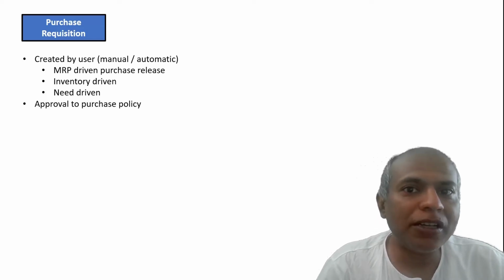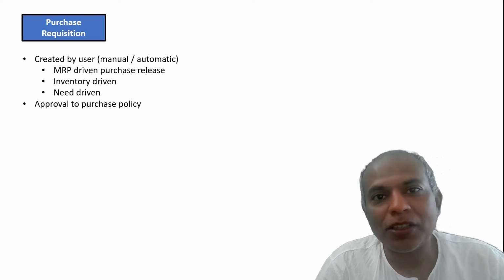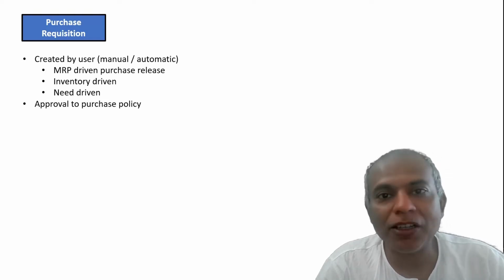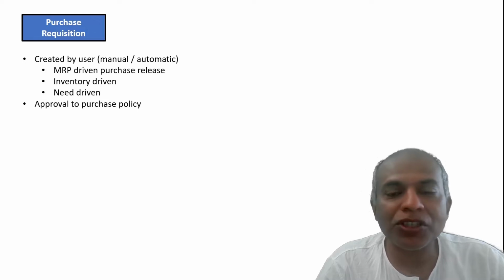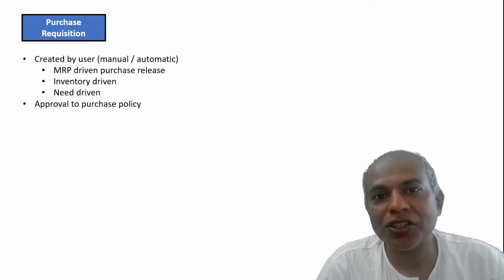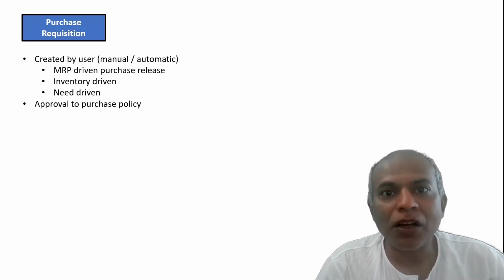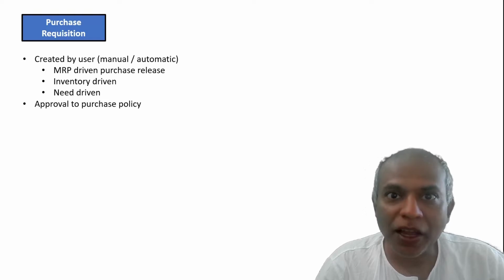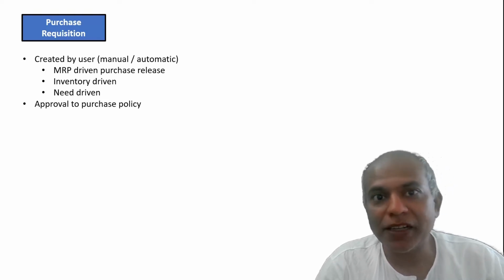For raw material, the authorization could be a release signal from the planner. In some other cases, the departments would have an internal process where some executive creates a requisition. It has to go to the department head, who then signs off the requisition before it is transferred to purchasing. But every requisition has to have some policy of approval based on which it is created and then transferred